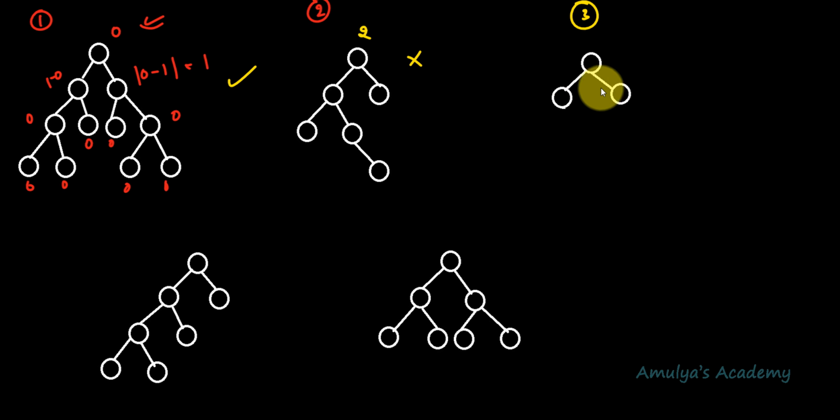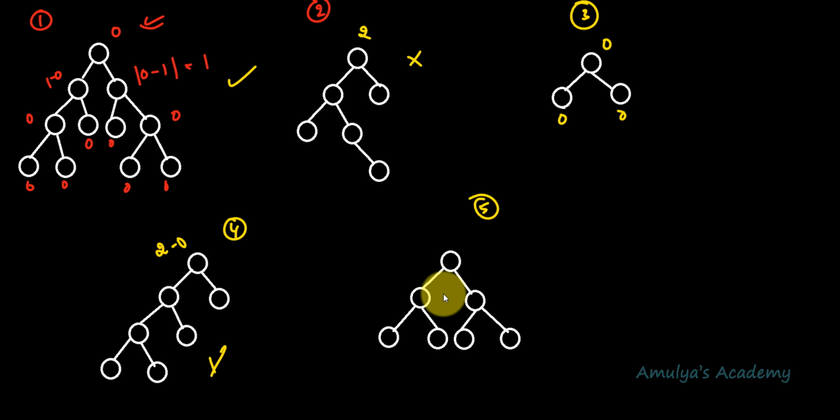And next, here we have this. This is a balanced binary tree because here we can see 0, 0, we'll get 0. This is 0, this is 0. This is a balanced binary tree. Let's move on to the next example. By looking at this, I can say this is not a balanced binary tree. Let's check that. This is the left subtree and the height is 2, and the right subtree height is 0. So 2 minus 0, 2. So this is not.